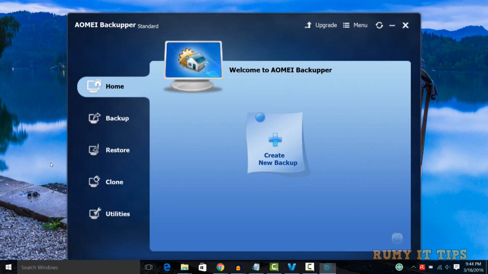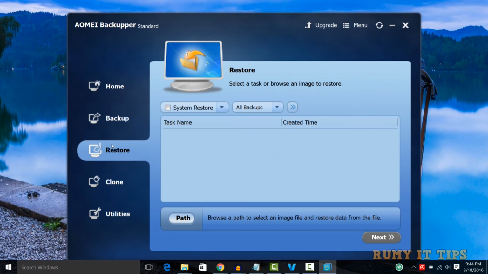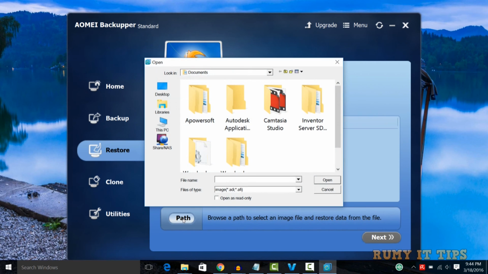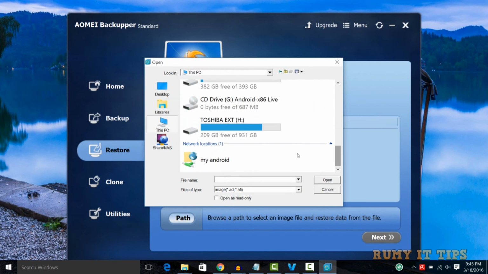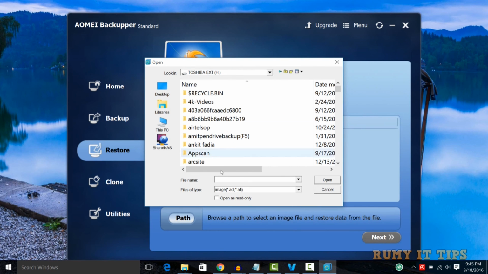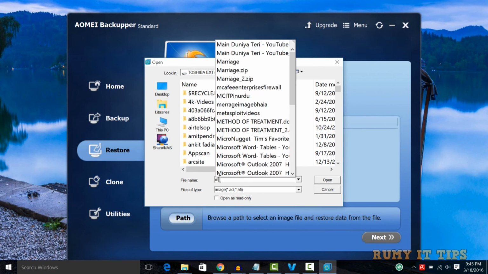So open your software, your backup software, and then click on restore, and here you have an option to provide the path where your backup is. Click on the path, and then select the files where your backup is.